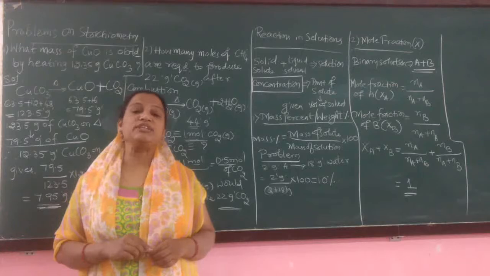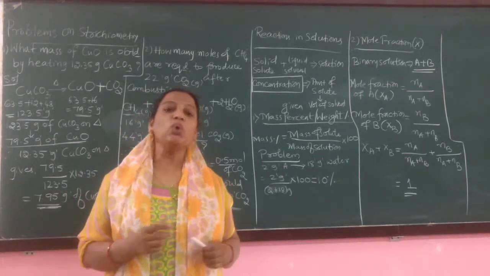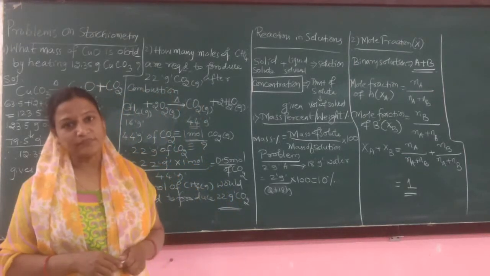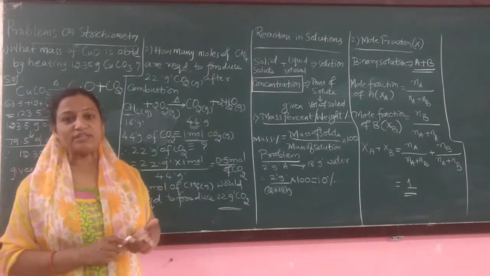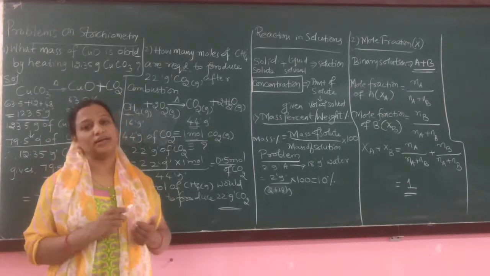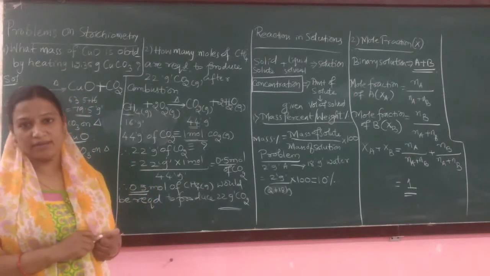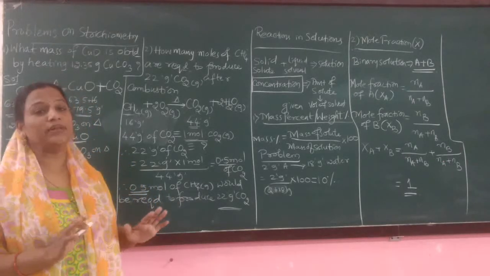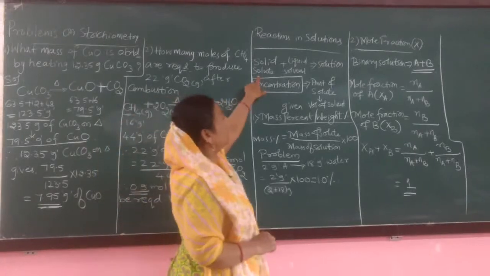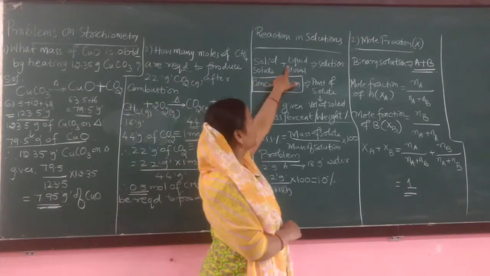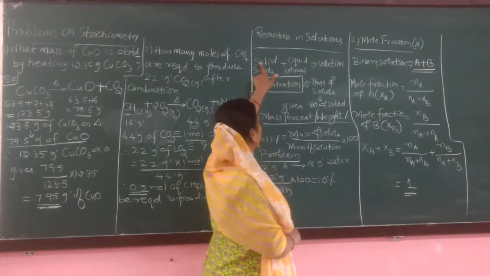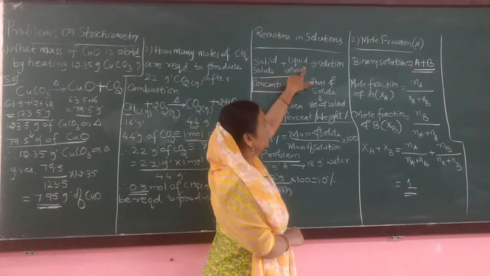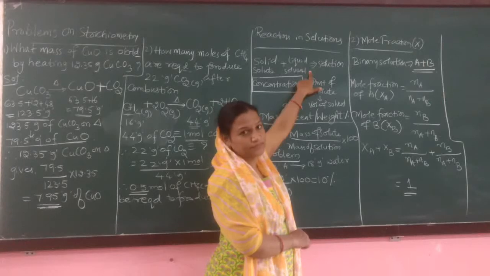Solution is a homogeneous mixture of two or more substances. These substances may be either solids or liquids or gases or a mixture of them. Any one is possible. Usually, a given solid solute dissolved in a known volume of liquid solvent will give you a solution. Solid solute in liquid solvent will give you a solution.